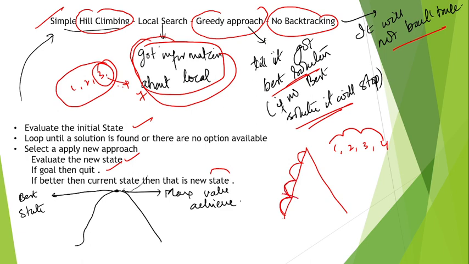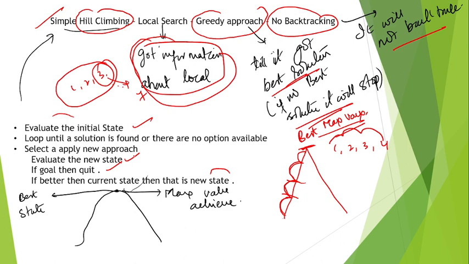Before that, this was my best state. This one is my current state. It will go up this one. If you are climbing blindfolded and you go up to the top, you say, this is my best solution. We call it the max value. Okay, we will be seeing all the algorithms, and we will see a problem and solve it. So just keep in mind, we'll come back again and see all those things.